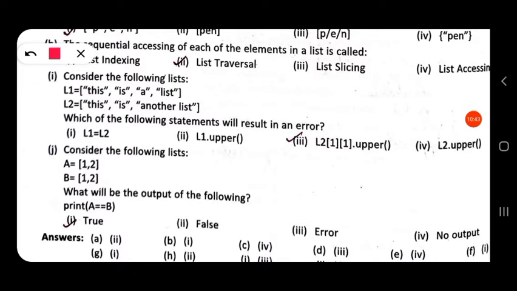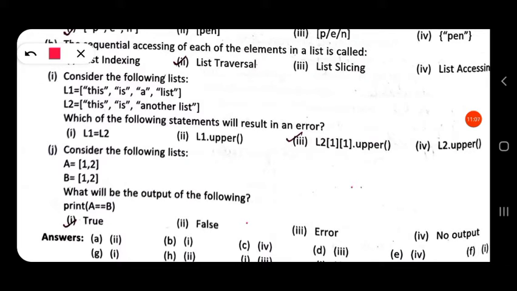So which of the following statements will result in error? L1 equal to L2 will return false because L1 and L2 are not equal. Then L1.upper will convert L1 into uppercase.